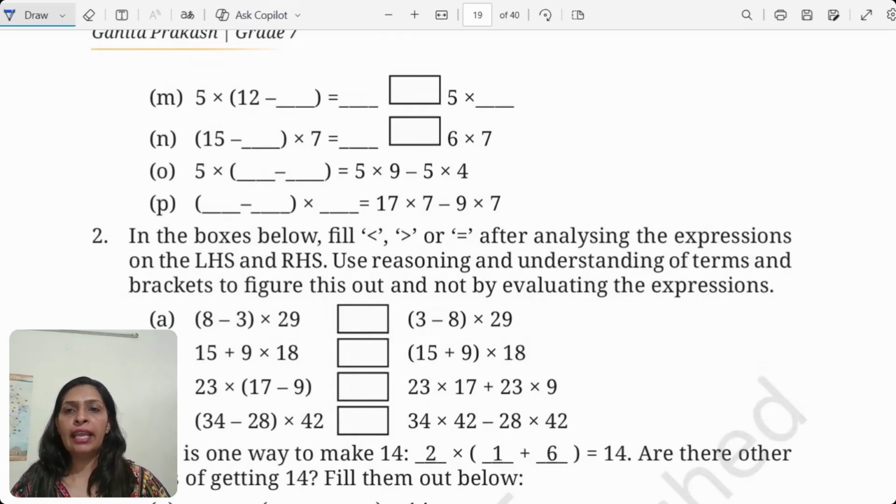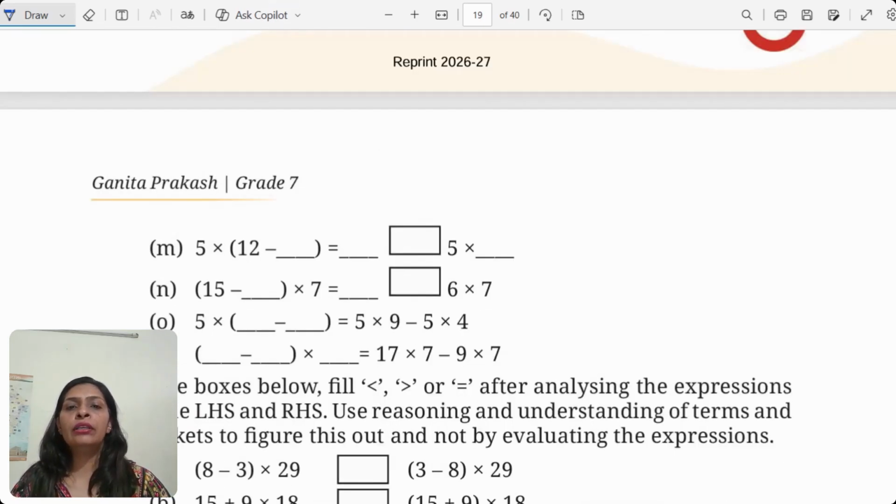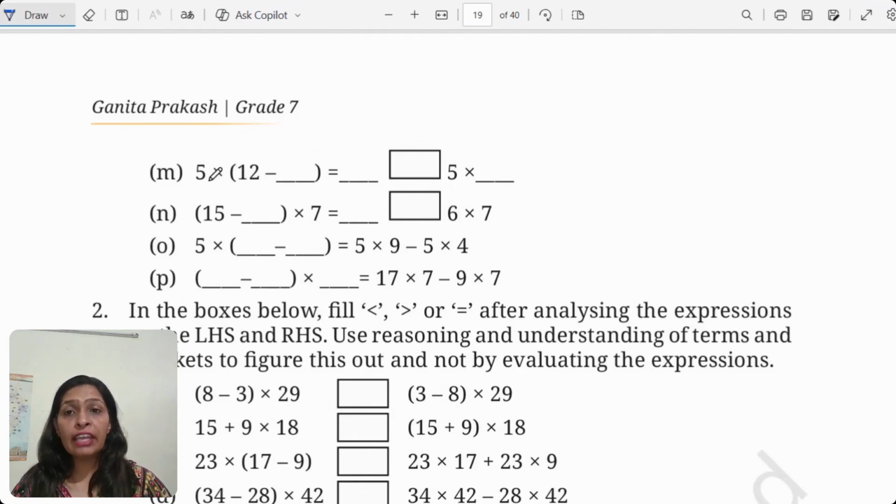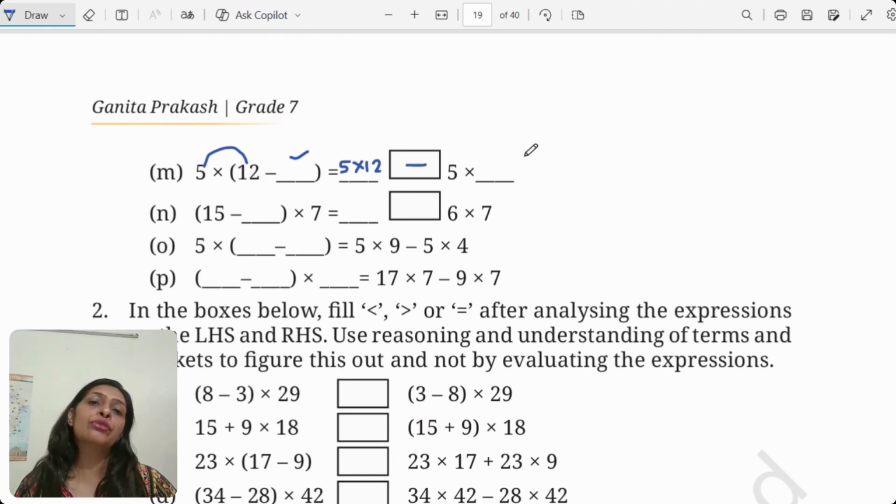Then the L part, 8 multiplied by 7, that's already done for us. In between we have a negative sign, and 3 multiplied by 7, which is already done for us. Moving towards the M part. So now here again it is 5 multiplied by 12, minus, there is again something empty. So what should be the first number? It is 5 multiplied by 12. And again, in between we have a negative sign, so minus will come. Now, as we did in the previous one, this number is missing, and whatever number we have here is going to come here also.